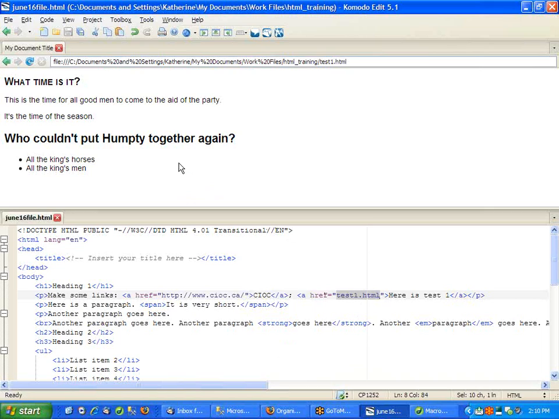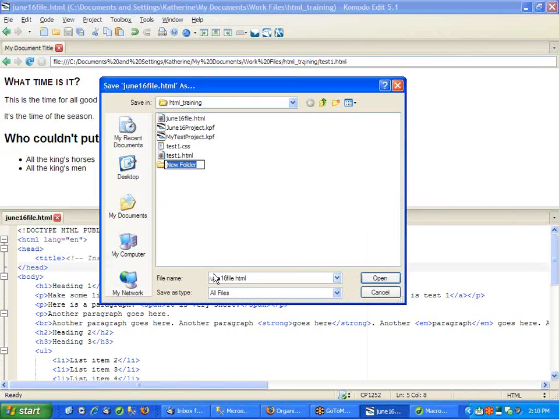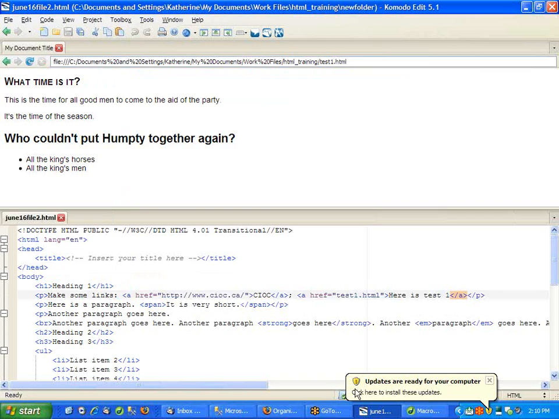So let's say that I create a brand new file, and the location of that brand new file is somewhere closely related to my existing location, but not quite. So I currently have my HTML training directory. Let's say that I saved June 16th file, and I'm going to make a new folder within HTML training, and I'm going to call it new folder. And I'm going to save this as June 16 file 2 inside new folder. If I want to link to test1,